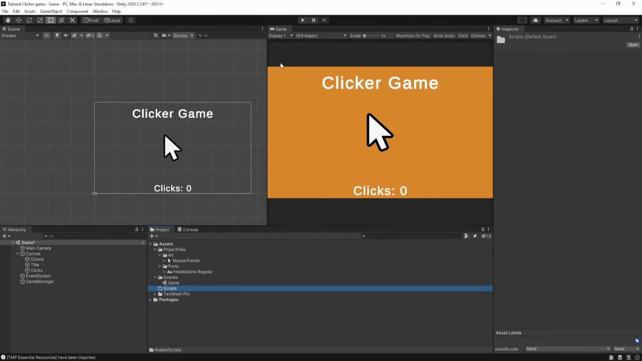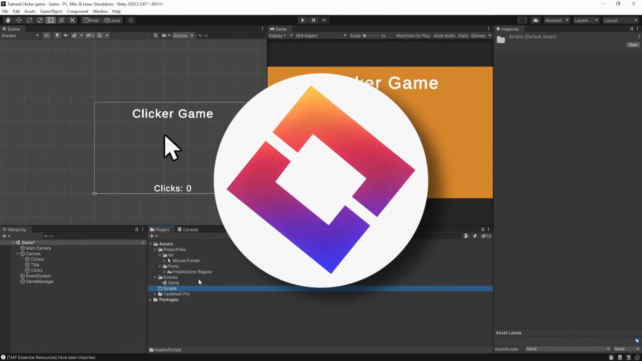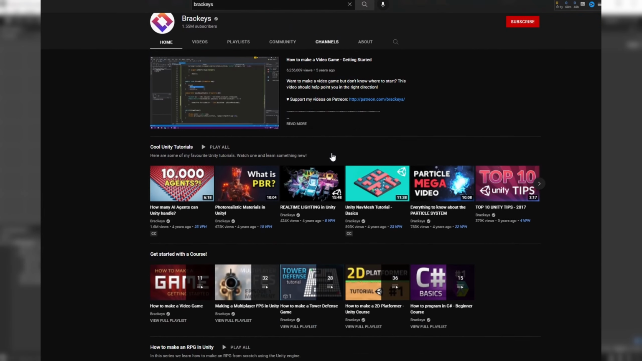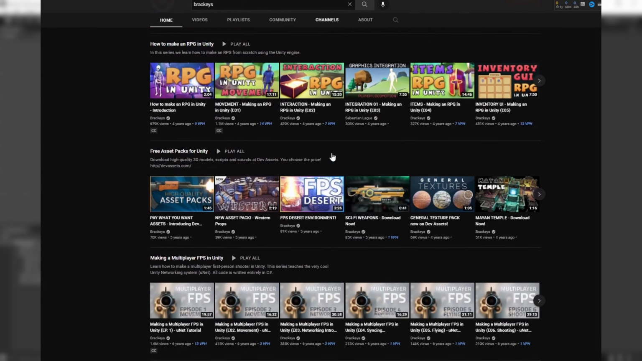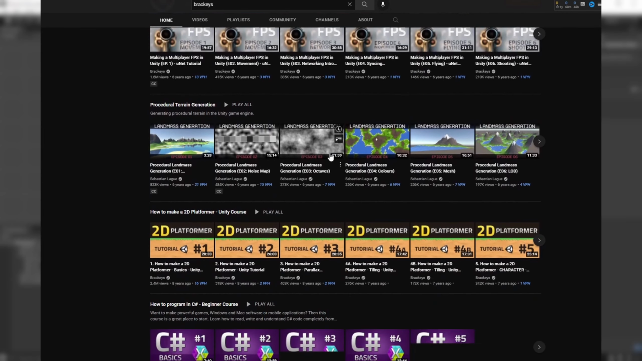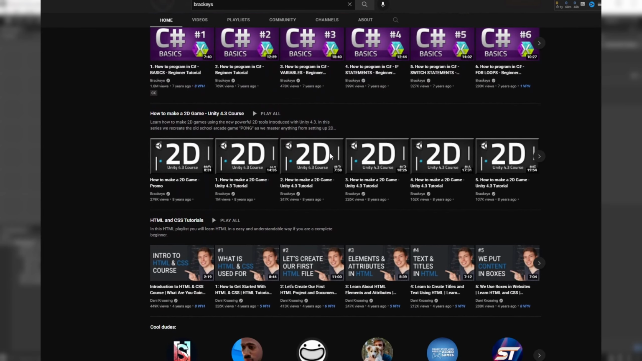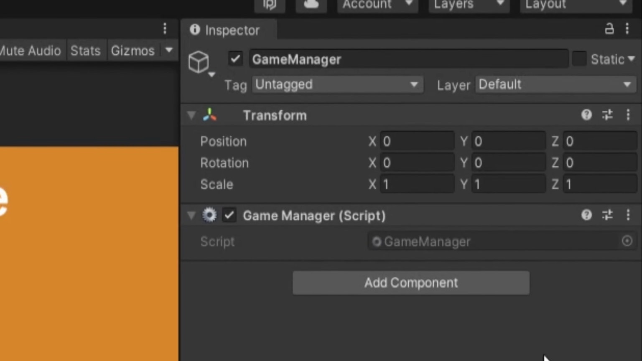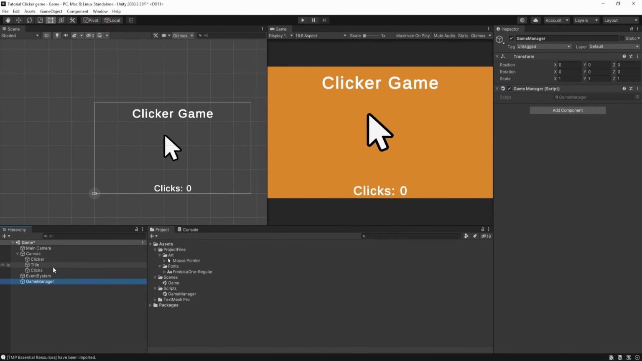Now, if you haven't done scripting before, I highly recommend Brackeys once again. There's tons of tutorials on their channel. Unfortunately, they're not doing Brackeys anymore, so it's kind of sad, but there's a whole ton of tutorials to choose from. Alright, we can then drag our script onto our game object, and then let's create